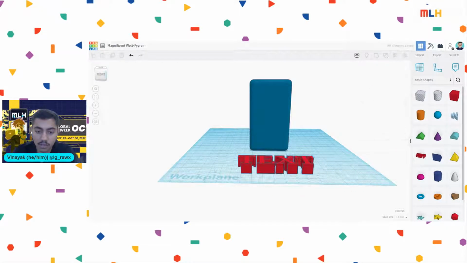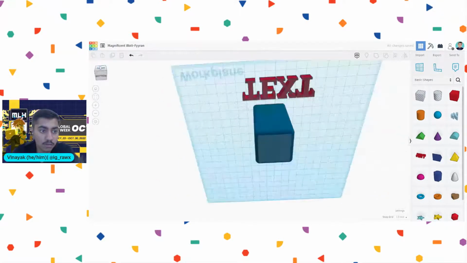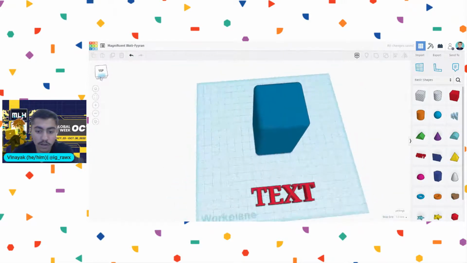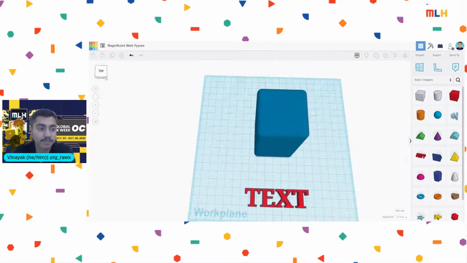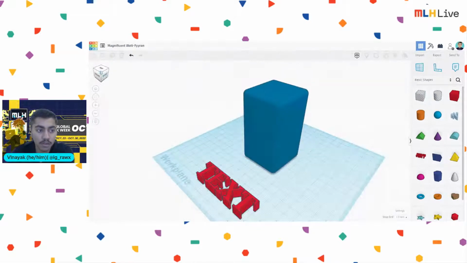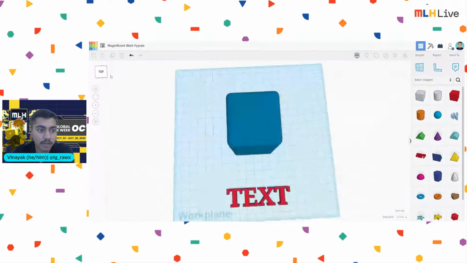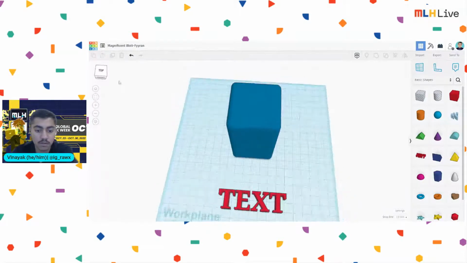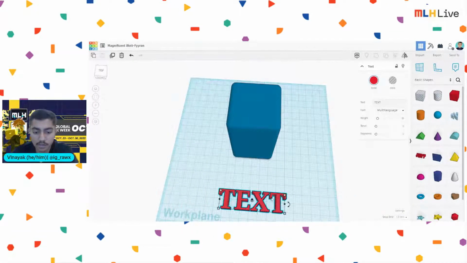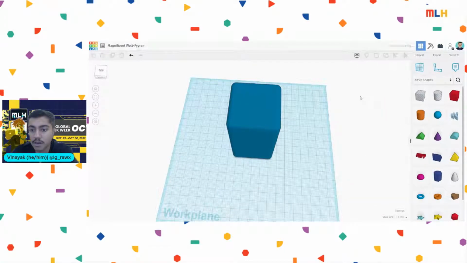Okay, talking about the next thing, you also have text. So you can just go like this, go for the top view. You can write anything. I hope everyone is with me so that it would be easy for us. So this will be text. I'm going to replace it with